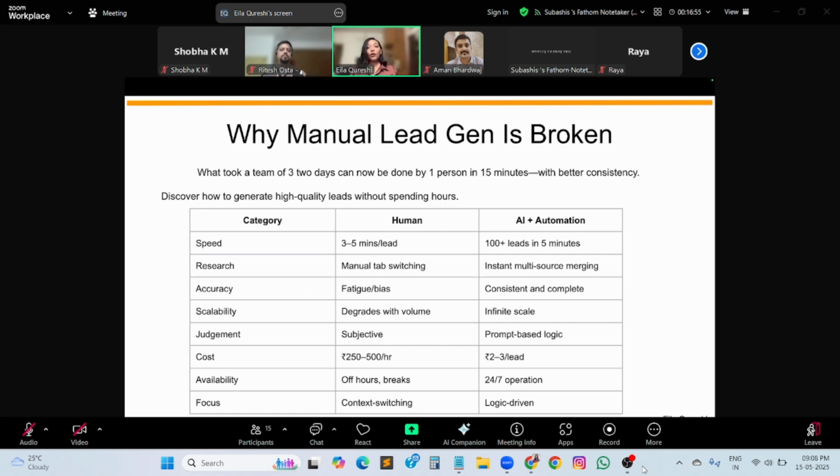Research is extremely important. When a human does it, it can be biased. We can miss some very crucial data points. But this particular workflow does that, and it does it with the company website and the LinkedIn URL of the person. So you get a very holistic understanding of who the person is you are talking to, and second, what are the main problems, or the main ways these companies are operating. So very, very important: accuracy, scalability,